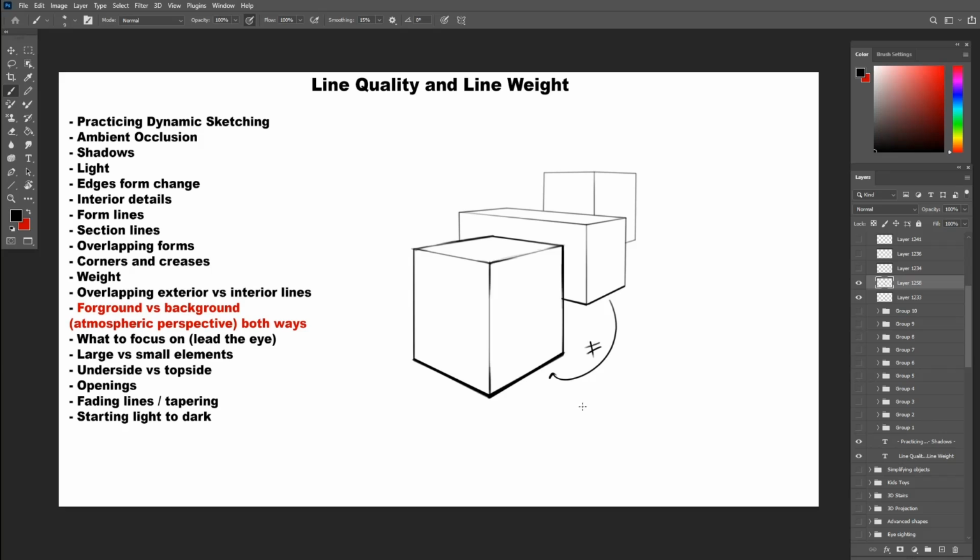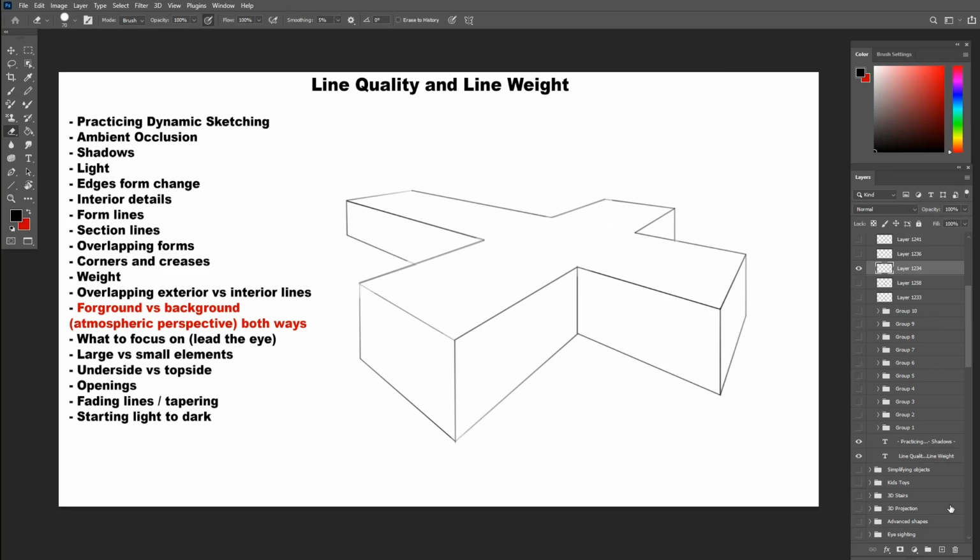But in the front, the lines will be thicker, and as we go back in perspective, it will be thinner. Same rules, same ambient occlusion, same shadows on all of them, but the thickness of each line will differ. Like the bottom cast shadow in the front box will be thicker than the one behind it, and that will be thicker than the one behind it, and so on. Still following the same rules but not as thick. By doing this, you can already tell that these objects are not in the same perspective depth due to the difference in line weight.